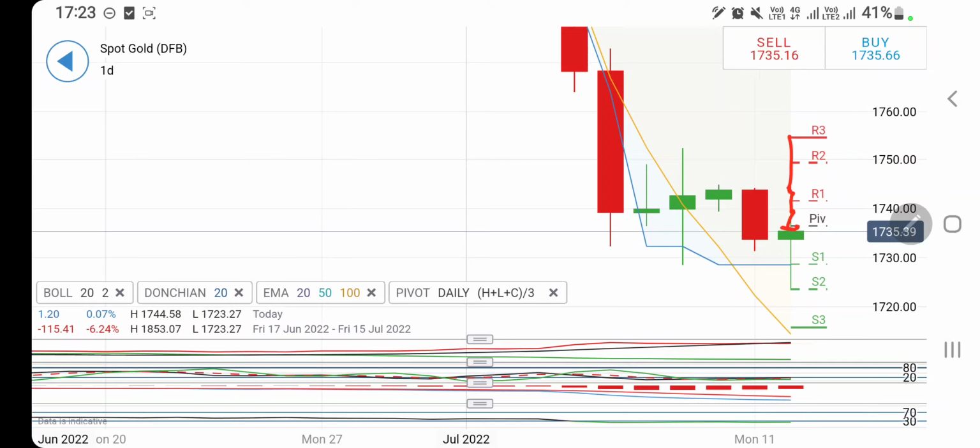So be watchful of this. Very nearby resistance on the downside at 1728.29 and then 1724 levels. Yes, you can initiate a short entry at 1732, but be cautious and trade with a stop loss, trade with the trailing stop loss, because if it reverses, the reversal is going to be strong.